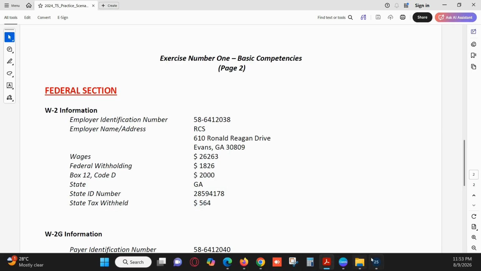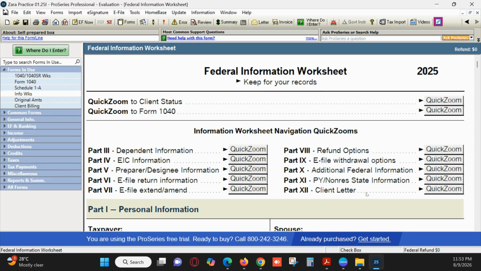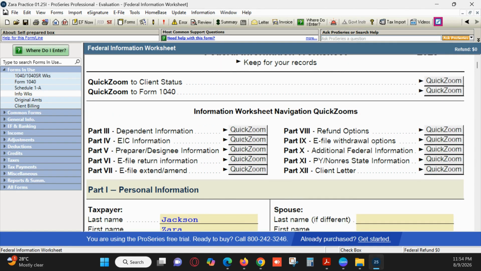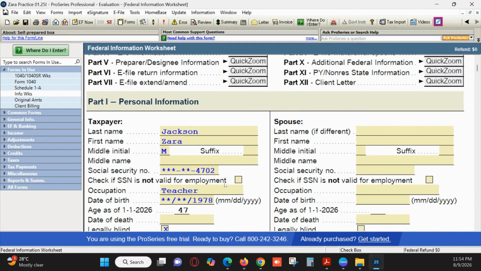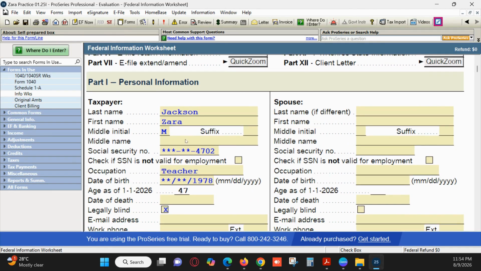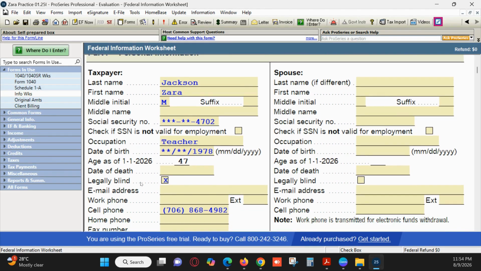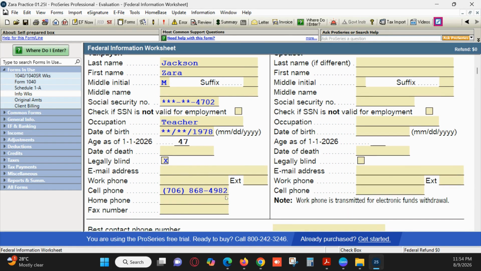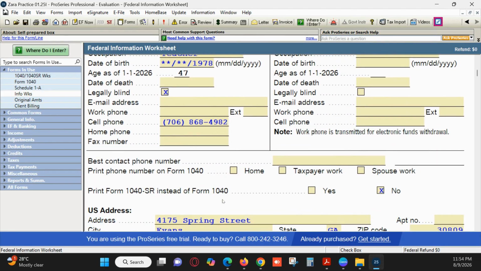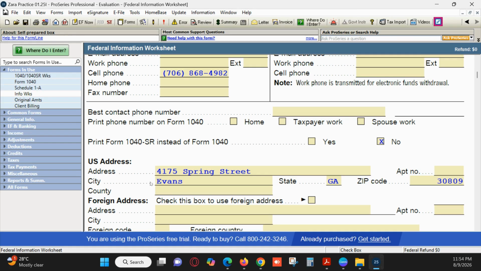So we need to put this information in our ProSeries, and this is the screen of ProSeries. When we create a new return, then this interface will come, and you can see that I have already put the basic information here: his name and SSN, occupation, date of birth, also marked legally blind, then his cell phone number and his address,